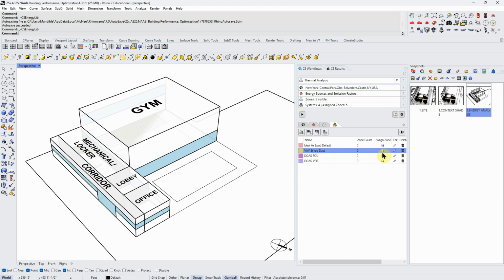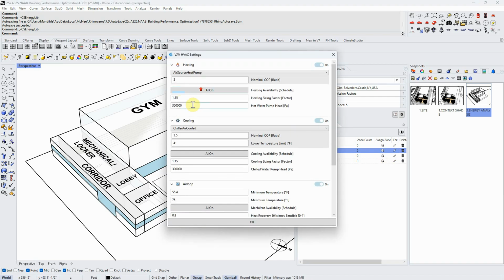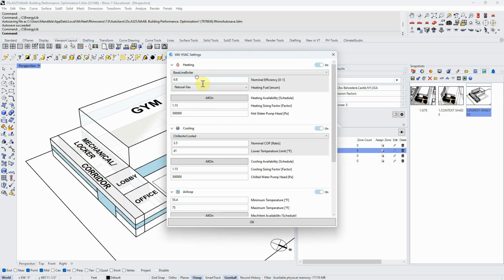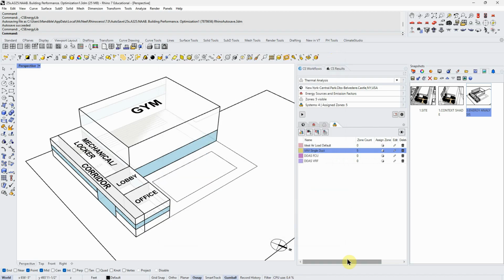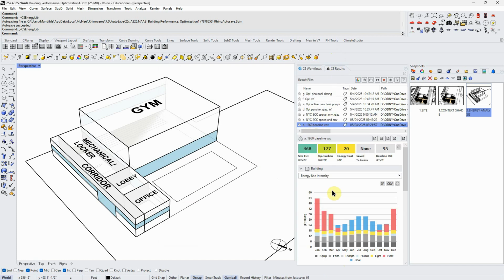And if we look at the presets, what are they? I don't have them in here. I think I'll have to go back and change this to what it was. It's a boiler with 0.8 efficiency. I think natural gas is fine. I think I used to tell you guys to switch it to coal. You've got a chiller. I think it has a 2.2 COP rating. Anyway, just leave it, whatever the presets are when you open that, and then you run the simulation. And so we'll see. I ran this, and I got